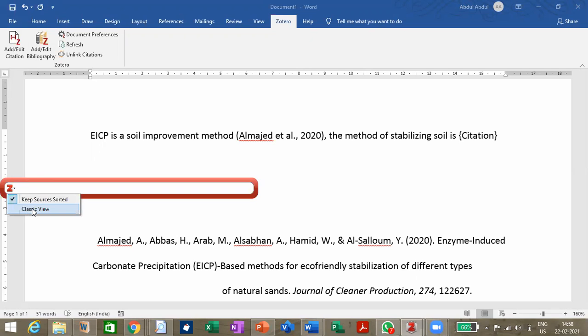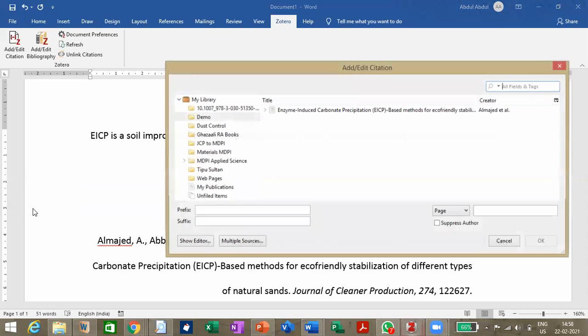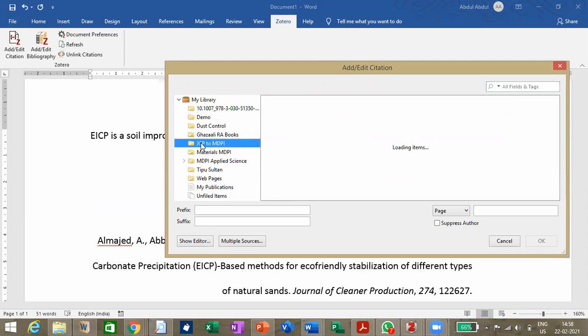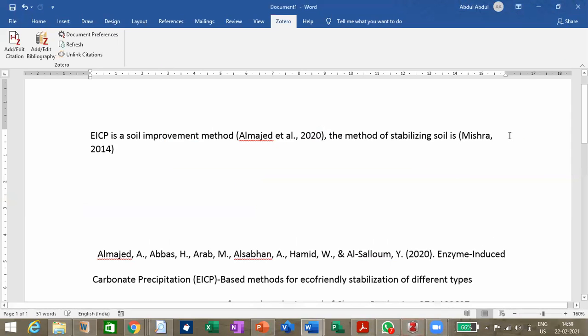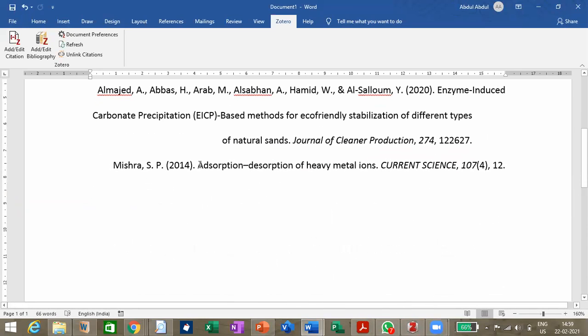I'll go to classic view. As soon as you go to the classic view, I'll be able to see the papers which I have selected. If I have to select some paper from this folder, I've got so many. I'll select this one and say okay. Now that citation has come, Mishra 2014. Now automatically the bibliography gets added here.